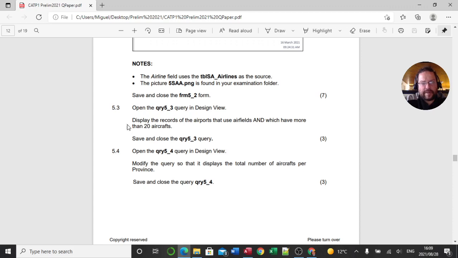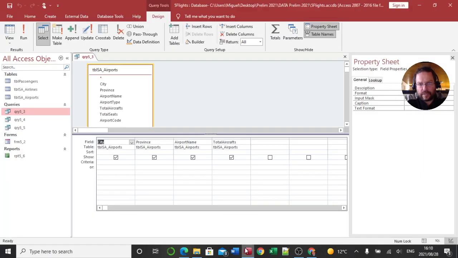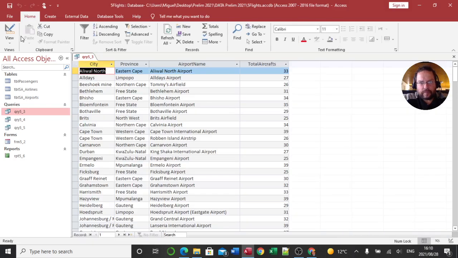Now the question says display the records of the airports that use airfields and which have more than 20 aircrafts. Alright, so let's do this one first. The criteria that's referring to the number of aircrafts is saying more than 20. It's not including the 20, so we're not going to say greater than or equal to 20, we're just going to say greater than 20 in the number of aircrafts field. So let's go and have a look here. It says total aircraft, inside there we're going to say greater than 20. Alright, so if we run that, you will see now there will not be a number here that is 20